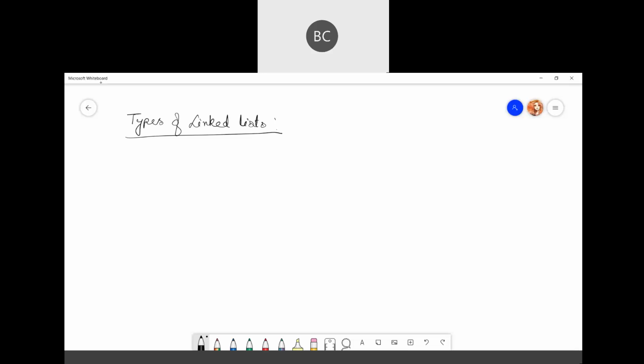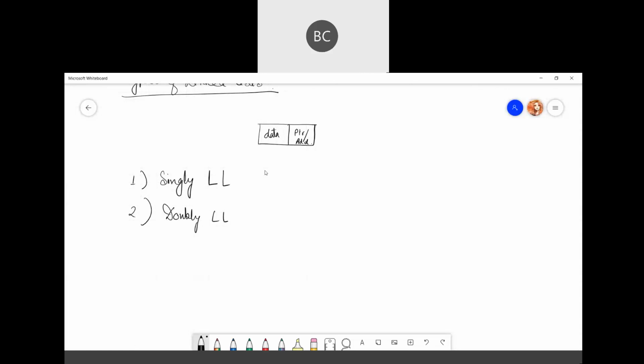That means it has a data field and an address field, or you can say a pointer to the next node, or the address. So we have mainly singly linked list, then we have doubly linked list, then we have circular linked list,